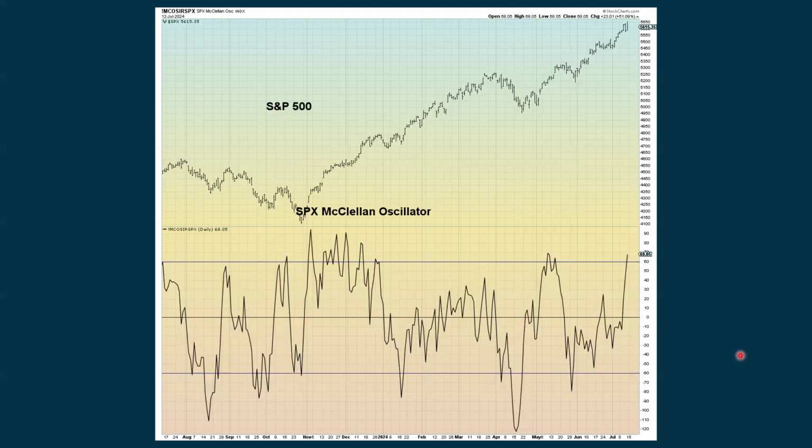Now it's turning positive, and in fact, even looking extreme positive. This is more short to intermediate term. This is the S&P 500 McClellan oscillator. And we were getting nervous here because we were seeing the S&P going up and we were seeing lower readings here with the McClellan oscillator. That's a negative divergence. And we were actually negative a week ago. We were below zero. But you see how this is really going up and we're actually getting to an extreme